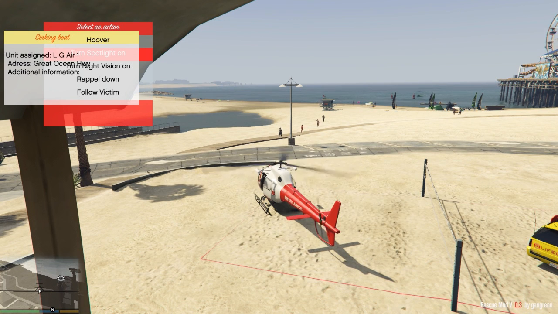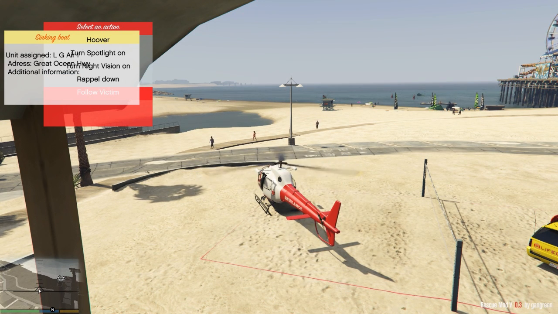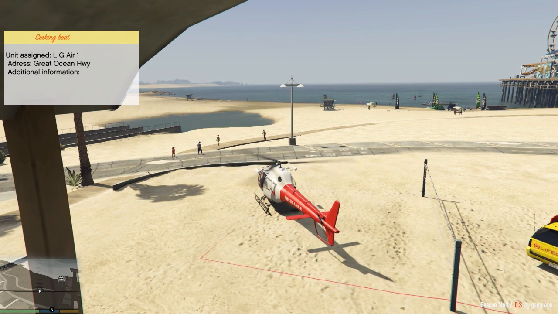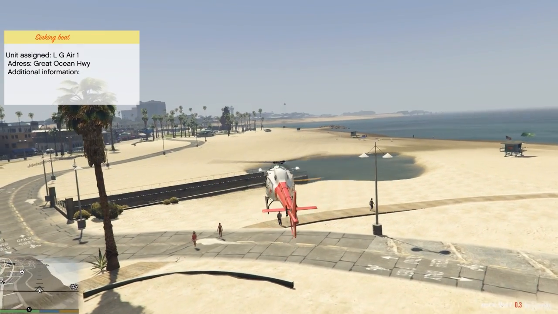We can turn the spotlight on, we can turn the night vision on, we can rappel down, and we can also follow the victim. So if the victim is traveling for whatever reason, we can hit this and the AI will control the helicopter and follow it at a close, safe distance. So that is quite cool and quite useful. So let's actually take this baby off now and head towards...